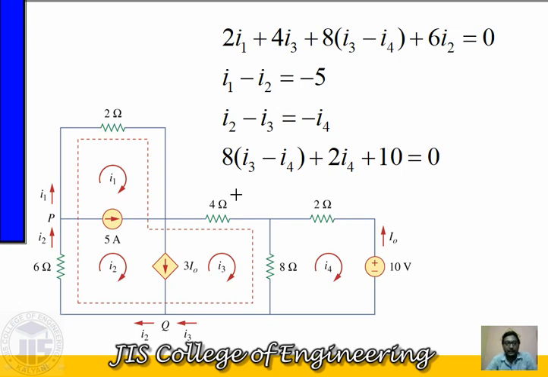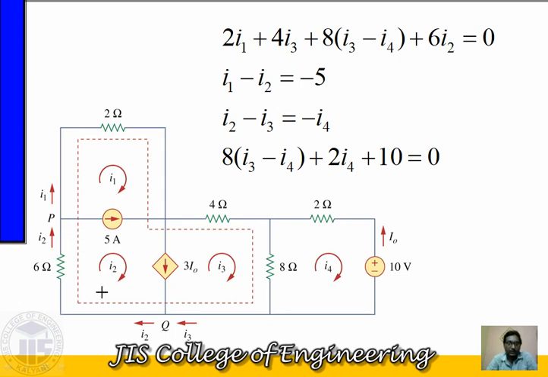As per the previous concept, we have to consider the small loop or mesh actually. But if we consider only this upper part as a mesh, this part contains this 2 ohm resistance, and this side it obviously contains one current source. So you cannot solve these types of problems by using only the mesh analysis concept. Obviously you have to go for the super mesh analysis concept.